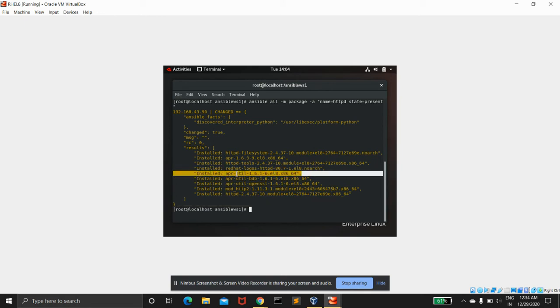So once we have downloaded the required packages, now we have to copy the desired file into the root folder by using a copy module. These modules are provided by Ansible, built by the Ansible community. We can refer to the Ansible documentation to get a better idea. The copy module supports source and destination, as I have already created a local file named index.html. So I will be passing that